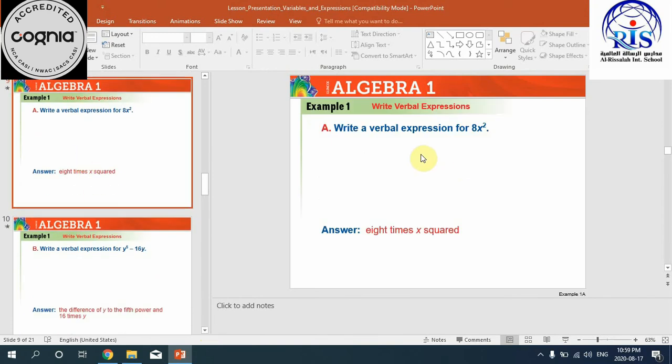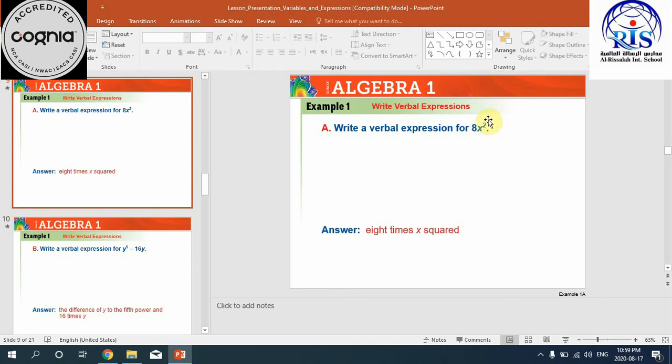Write a verbal expression for 8x squared. Of course, 8x squared is an algebraic expression because I use numbers and a letter. This letter, as I said before, is called a variable. What is the meaning of variable? A variable is an unknown value. How do I change from an algebraic expression to a verbal expression? I only write what I read. Here what do I say,